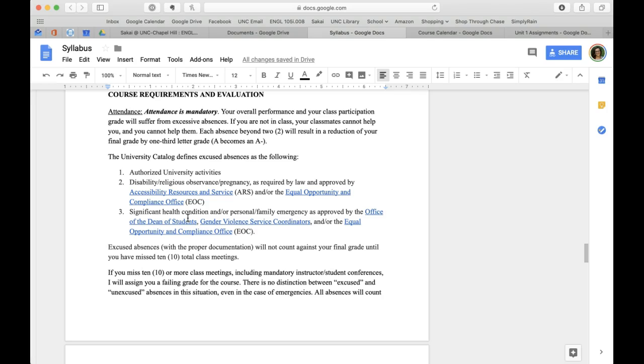It gives me a lot more leeway to work with you, give you extensions, things like that. It's just much easier for me if I have an email from the dean saying so-and-so got a concussion than if I have a random note saying I'm sick, because UNC Campus Health no longer gives out any sort of doctor's notes or anything like that. So yes, if you have a significant health issue, that's definitely the best route to go.